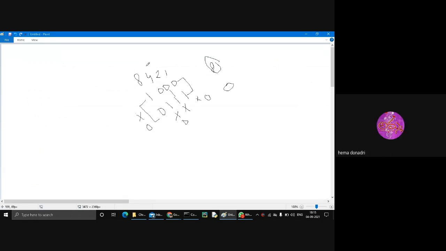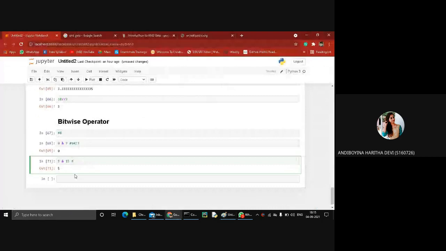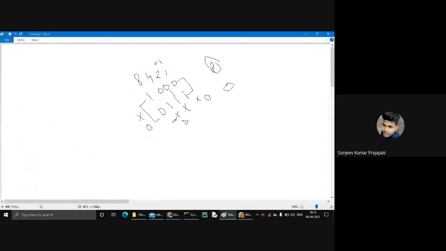Yes, it's 0101 because the number is 5. So 1 and 4 make 5, and the other elements are going to be 0.